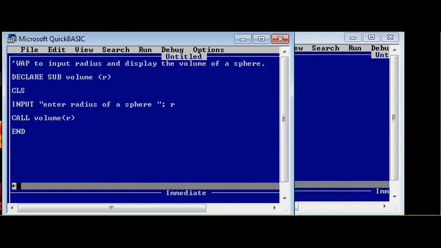Now what we need is to write down the definition. So below end we'll write down our definition. Now in your copy, what we have to do is we'll write like this. You start with declare, you write CLS, whatever inputs you need, you write down, then you will call the sub procedure, then you write end, and after end, below end, you will start writing the definition. That is, you'll start like this: sub